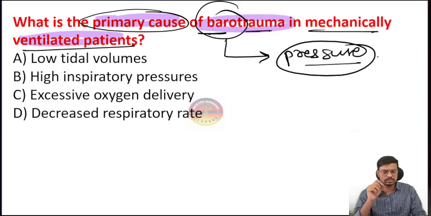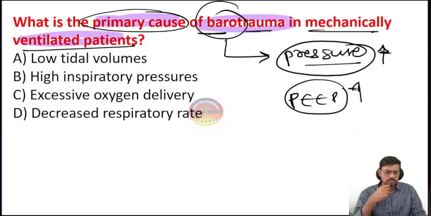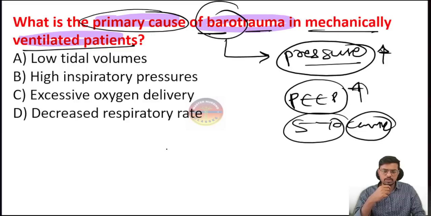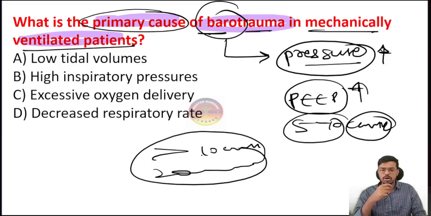So its primary cause is the increased pressure at the alveolar level. This happens whenever the positive end expiratory pressure is increased. Normally, as I told you, this is 5 to 10 centimeters of H2O. So this is the normal. If it goes more than 10 centimeters of H2O, that may be 20 to 30 centimeters of H2O, or if there